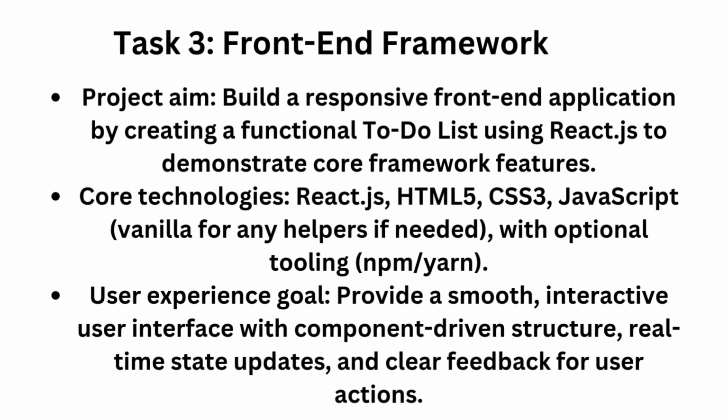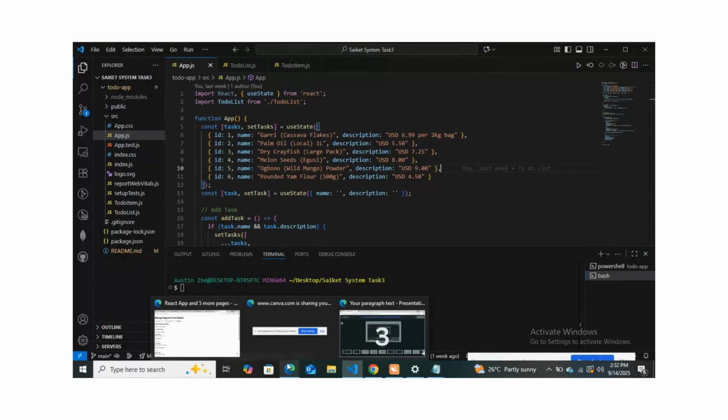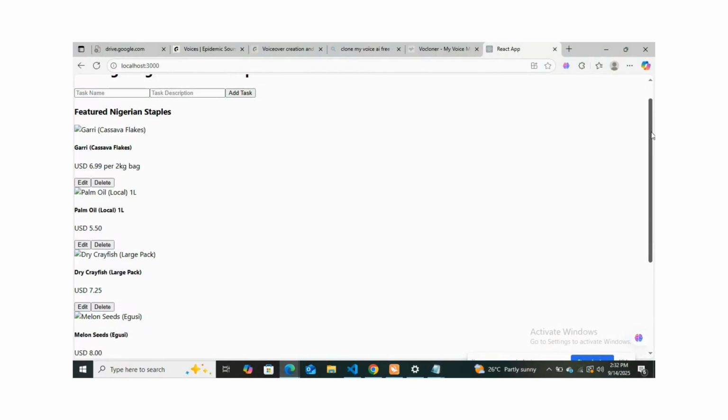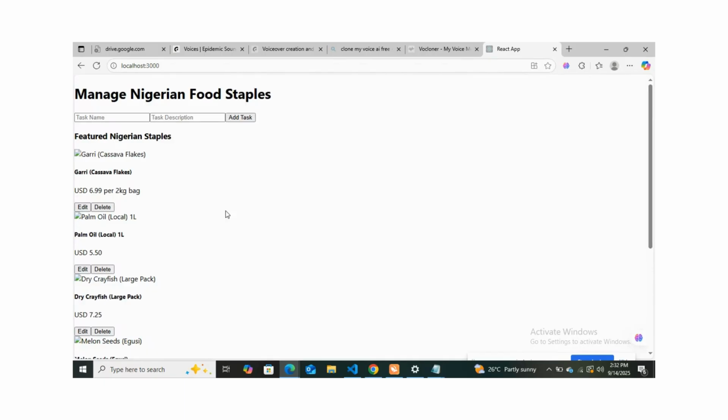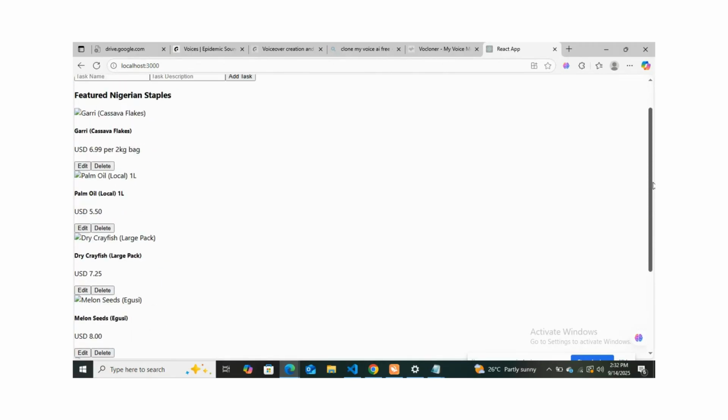Welcome to Task 3 of the Saiketsys Internship. In this section, we explore the foundations of modern front-end frameworks by building a simple functional to-do list using React.js. This app demonstrates core framework features: